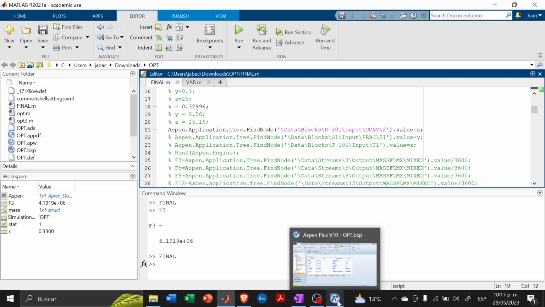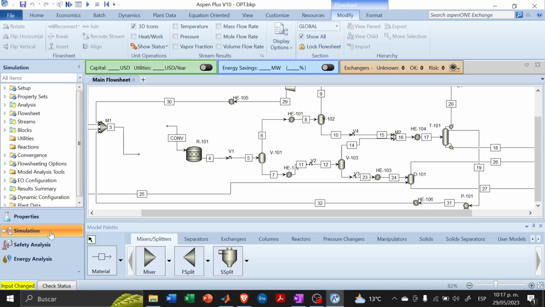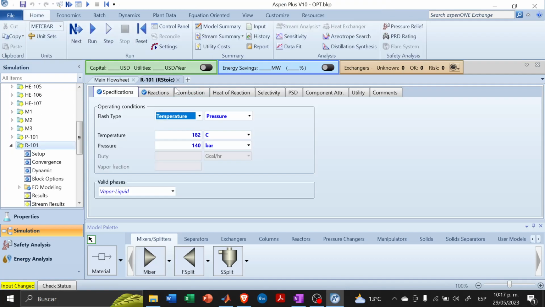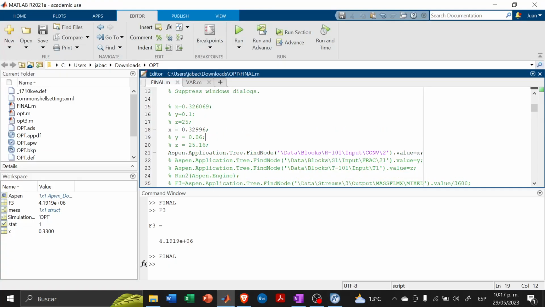It already opened Aspen and it already finished. So if you go to simulation, as you can see here, it already says that the input has changed. You can open the reactor, and right here at the reaction, you can see a conversion of 0.32996, which is of course different from the one that we had right here, and is the one that I already placed in